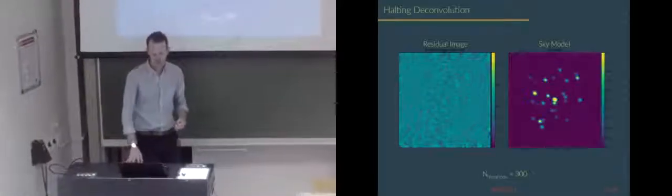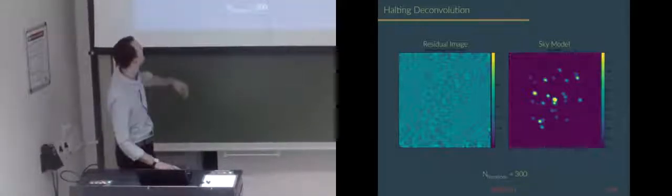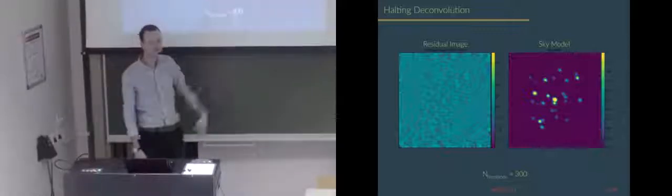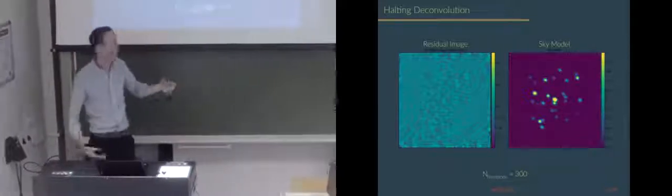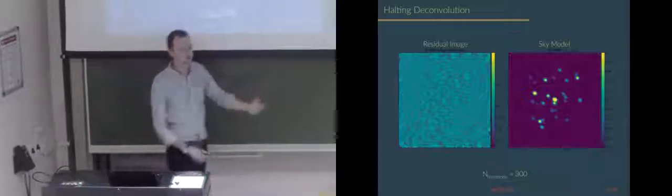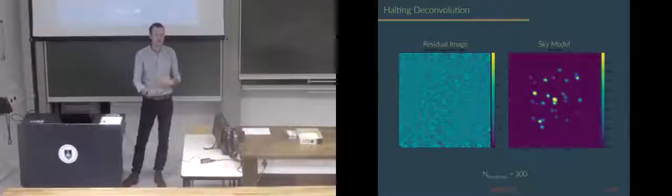So this is what we ended up with when we did 300 iterations of our Cat7 field. We've got a sky model that looks reasonable, and then we have this something that looks quite noise-like. Well, why 300 iterations? Why not 290? Why not 310? Like, what was noise? Have we already added noise, or can we deconvolve a bit more and get a bit more accurate flux out?